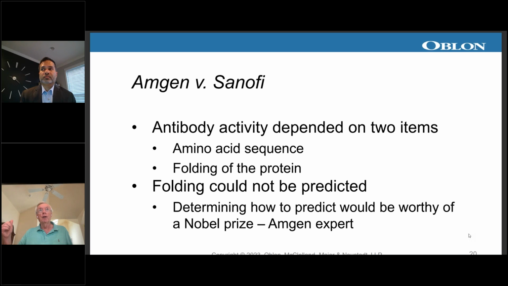The fact is that both the ability of the antibody to bind and its ability to achieve the therapeutic result depended on folding. And while some folding might get binding, that same folding might not get the therapeutic result. Again, this is something that in the Amgen case was brought in by the battle of the experts. In patent office practice, it's going to be by declarations. If you're challenging filing dates in an IPR, it's going to be by expert testimony.